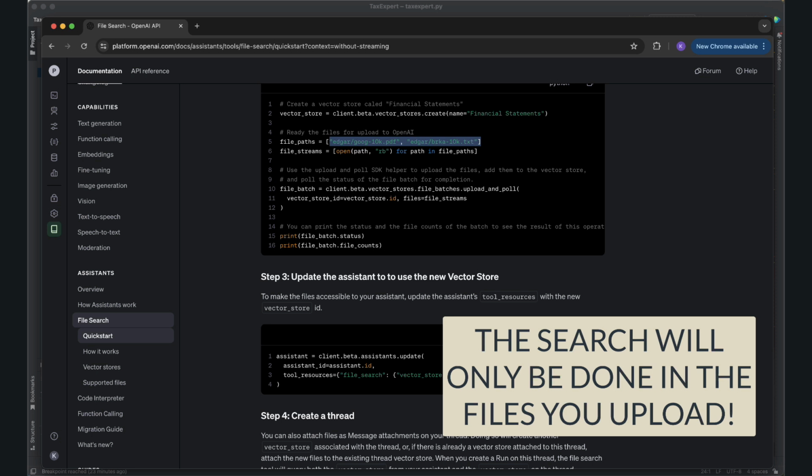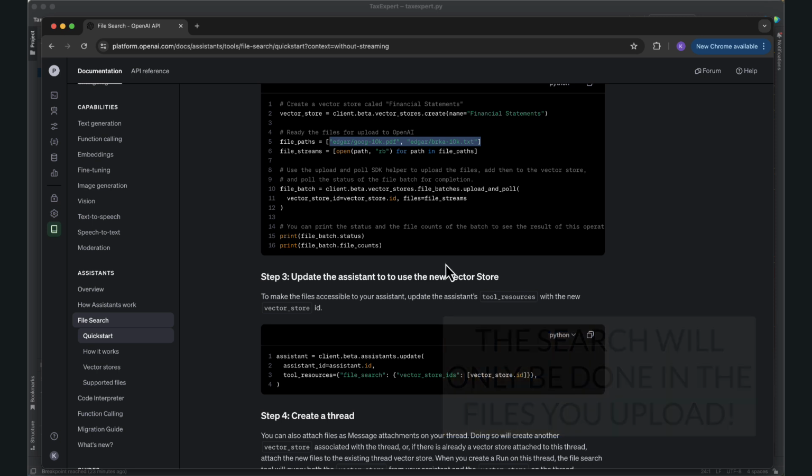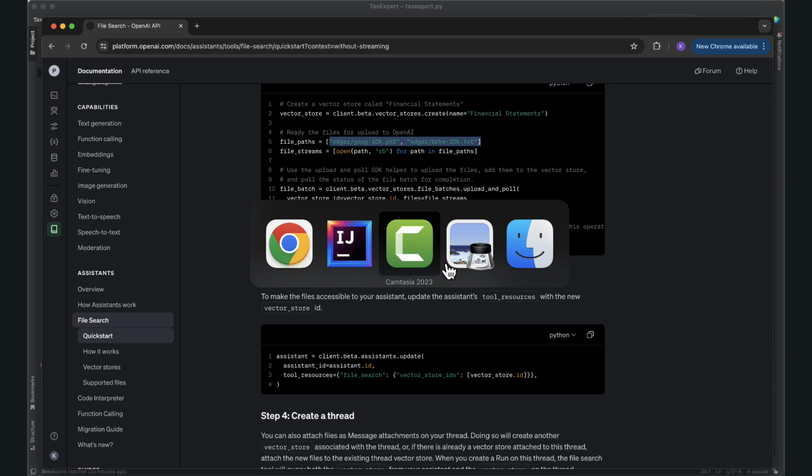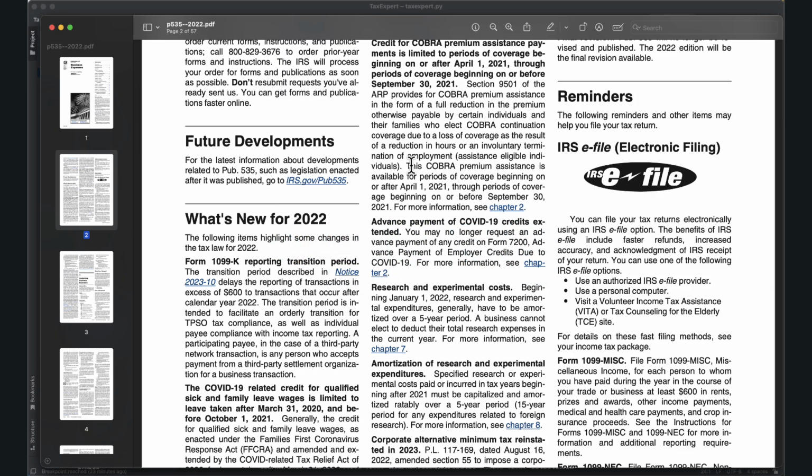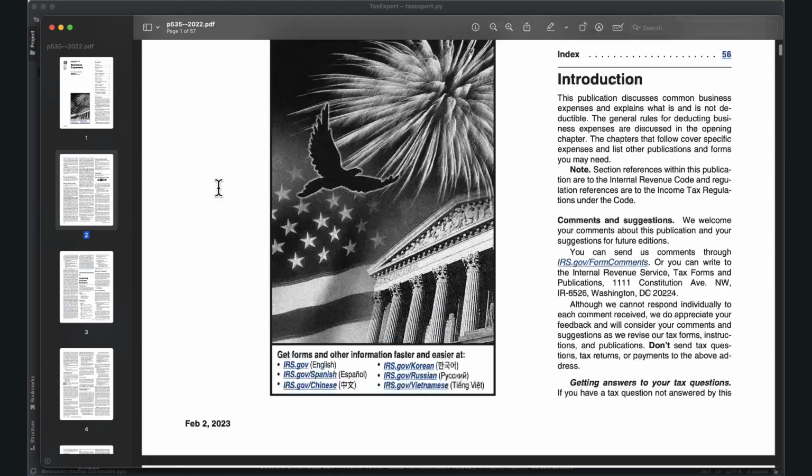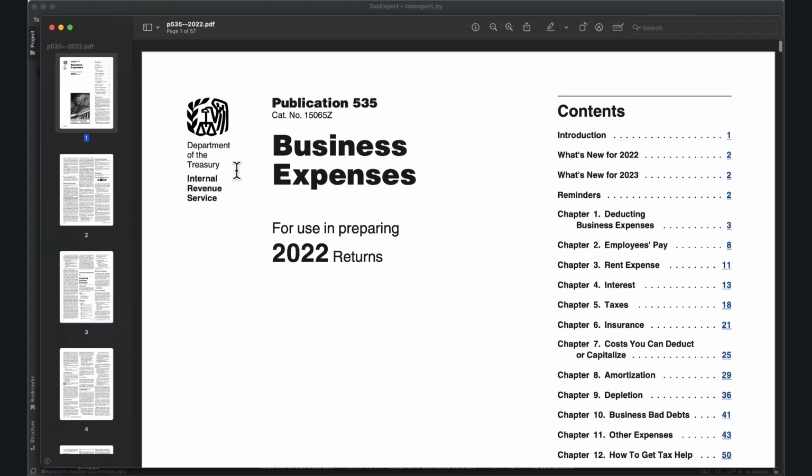What I'm trying to do is build a tax expert. The tax expert will help me do my taxes. This is an IRS document that describes what are legitimate business deductions. I'm trying to upload this document and potentially a couple more documents, and maybe even my tax returns eventually, and then ask it questions and try to figure out what deductions exist and what the alternatives are. I think this is going to be a lot of fun and very useful,